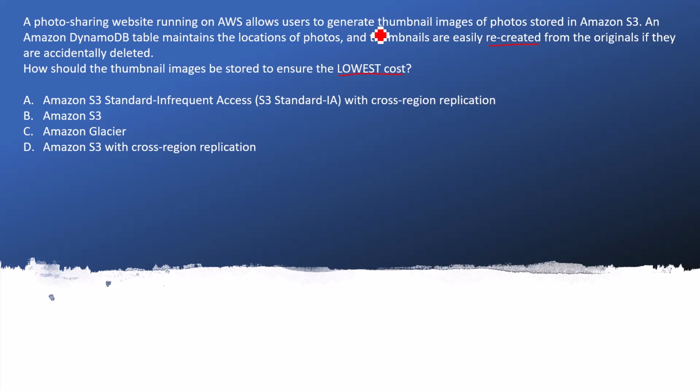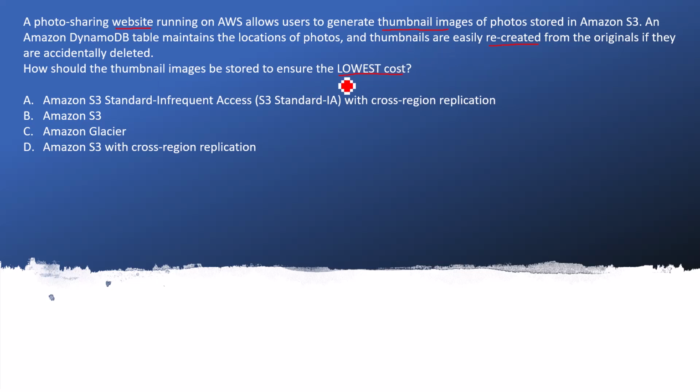But generally thumbnail images are useful when we are populating the gallery, or in a forum where we need to show the users' images in a post. So a user can generate the thumbnail images, but the application will use them in many places, and it is a website, so there will be many users. In these conditions, the question is indirectly trying to say that it is being used continuously or frequently.